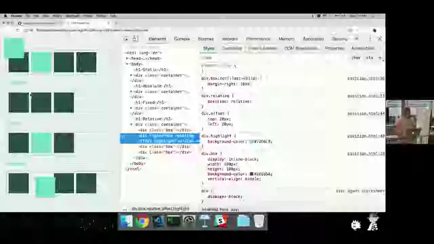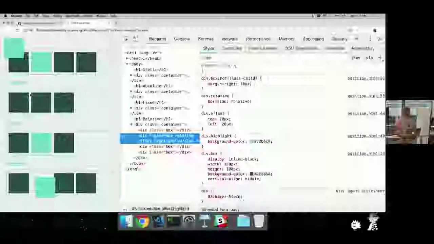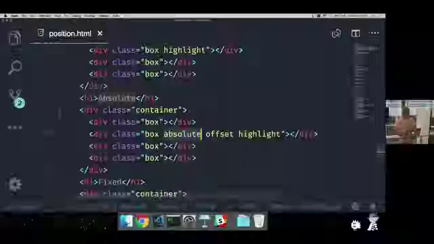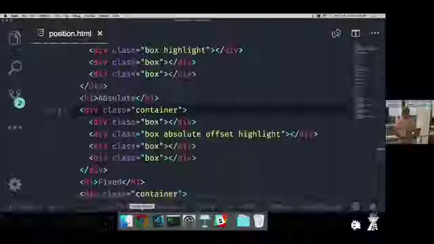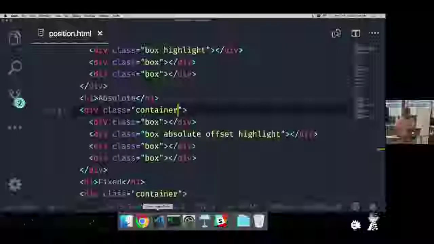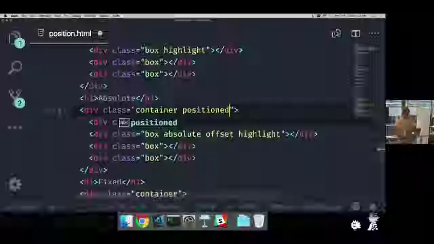But what if I want to position something absolutely relative to its parent container? Might that be useful? Because in this case, it's just relative to the whole viewport. If I want to apply the absolute position to an element, and I want it to be relative to its container, then I have to make its container a positioned element, and the options for that are absolute and relative.